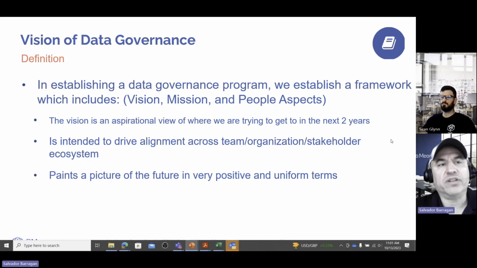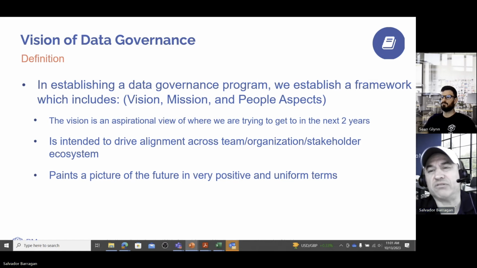Let's dive a little bit more into the vision of a data governance program. When you're establishing a data governance program, you want to establish a framework, as I mentioned earlier, around vision, mission, and the aspects of what people are doing. So the vision should be something that you're trying to get to in the next 2 years. Sometimes it can be a bit longer. You can push it out about 3 years, but you really don't want to go beyond that for the simple